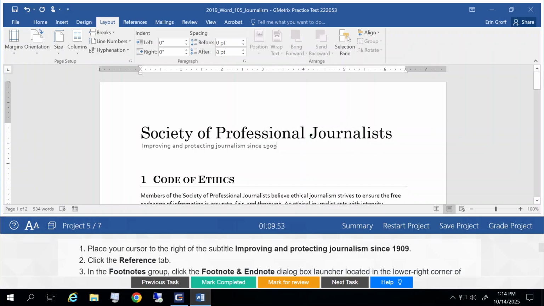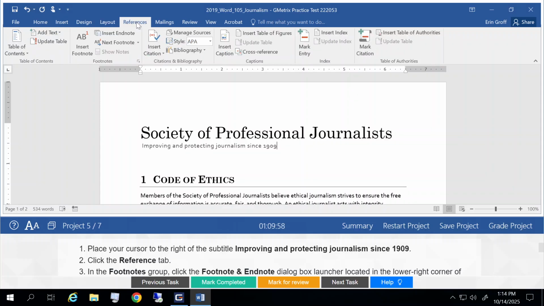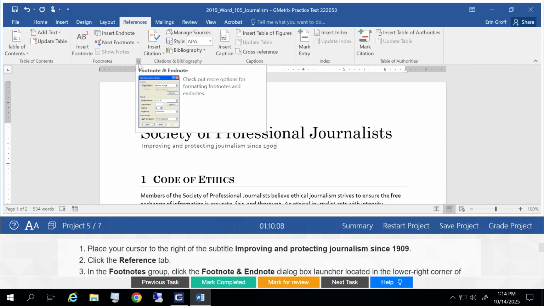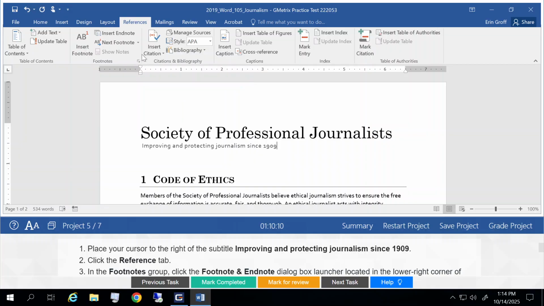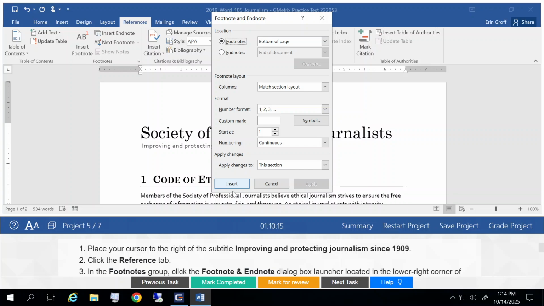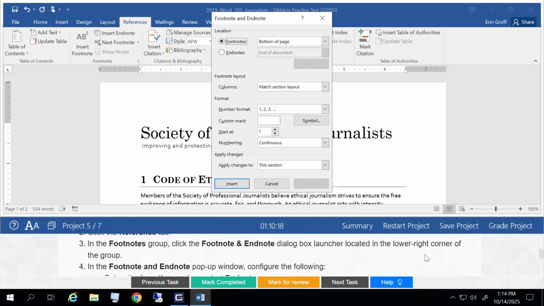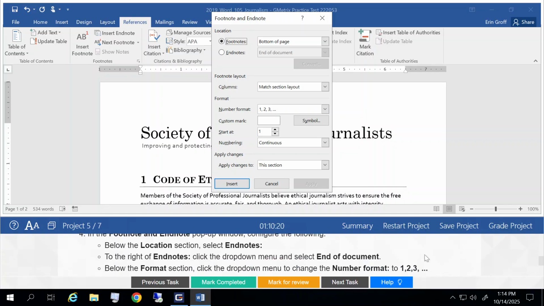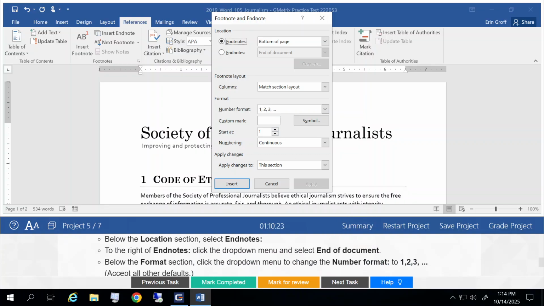I'm going to go up to my References tab, and in my Footnotes command group, you want to select the Footnote and EndNote dialog box launcher, which is located here in the bottom right hand corner of that command group. And that will open my dialog box. And below the location section, which is up at the top here,